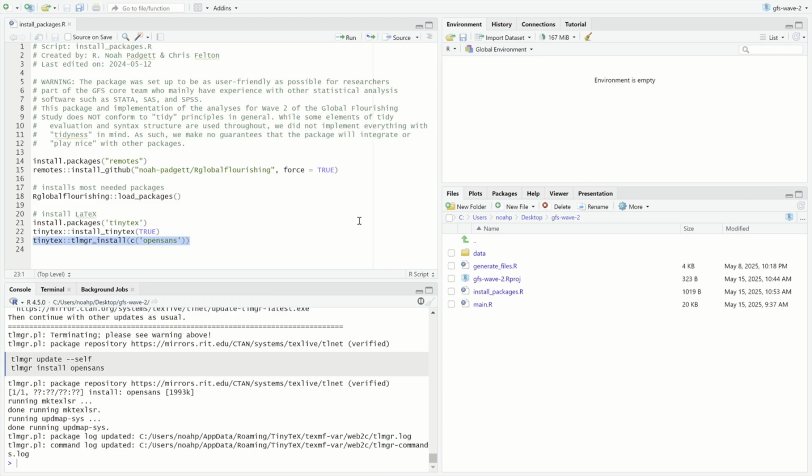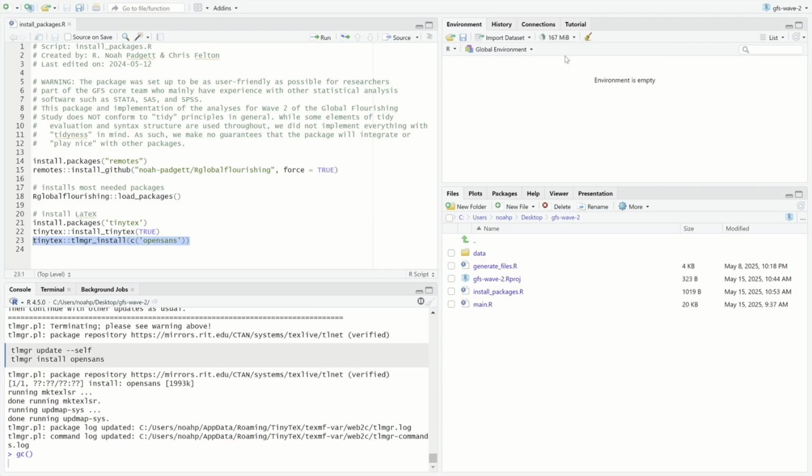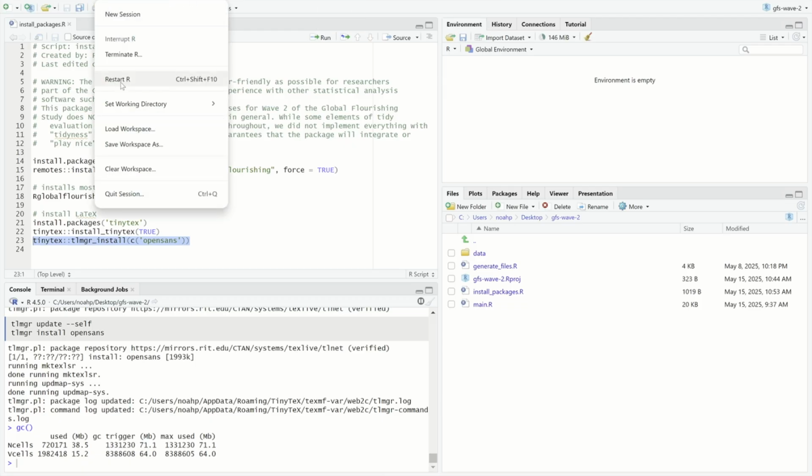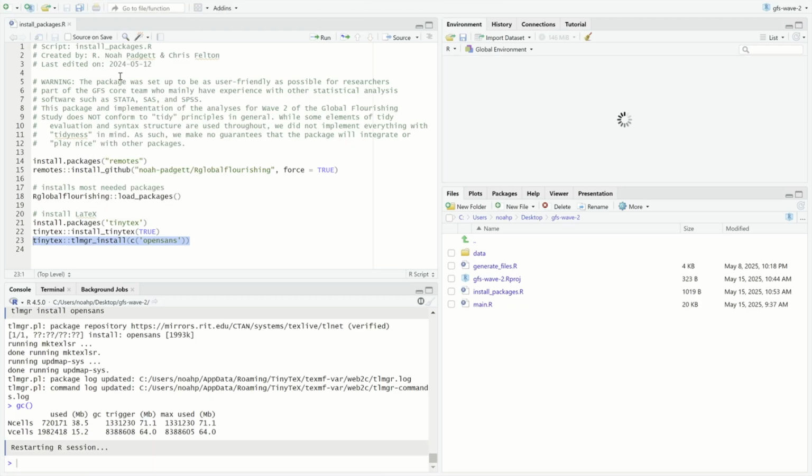Now we are finally able to move on to main. So what I'm gonna do first, just so that R is completely reset, I'm going to first remove any hidden objects. By going up to here and freeing the memory, it kind of just resets a lot of the things in R, and then I'm gonna go up here to session and restart R. Okay, so